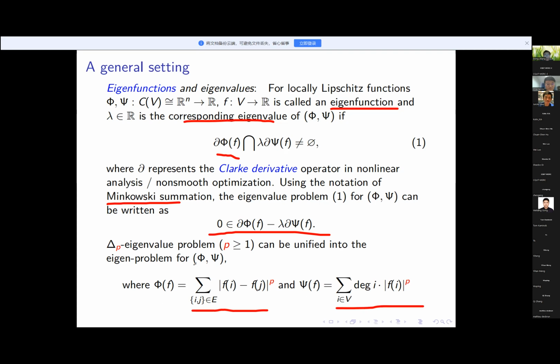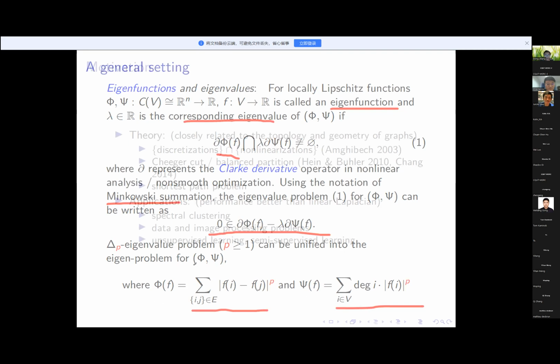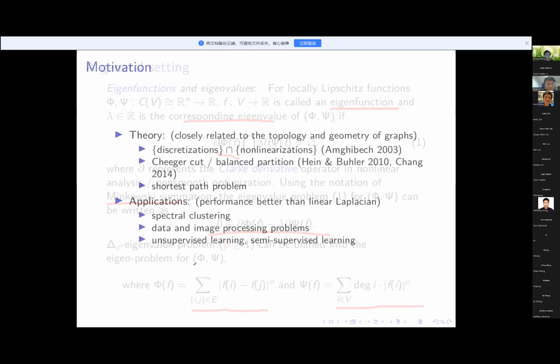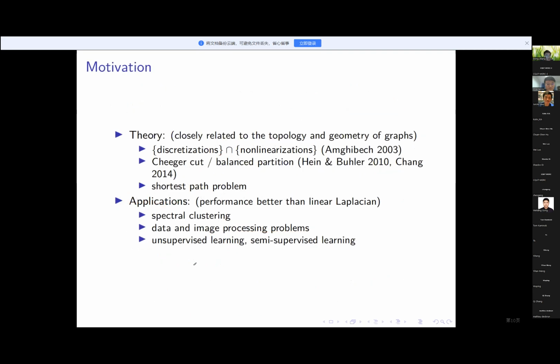Okay, so when are we interested in graph p-Laplacians? I will show you some motivations. Mathematically, the graph p-Laplacian is a natural discretization of the continuous p-Laplacian on Euclidean domains, and it is also a natural nonlinear variant of the graph linear Laplacian matrix, and its spectrum has many relations to the properties of the graph itself. For example, its eigenpairs include important information about the geometry and topology of the graph,